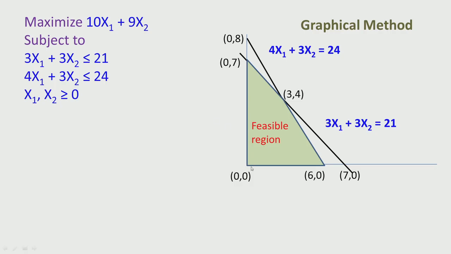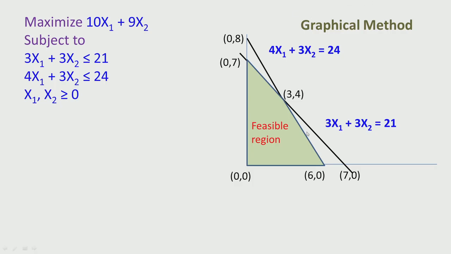So, it is important to identify the feasible region, and we have identified the feasible region for this linear programming problem. Now, this feasible region is the shaded region that we have shown,